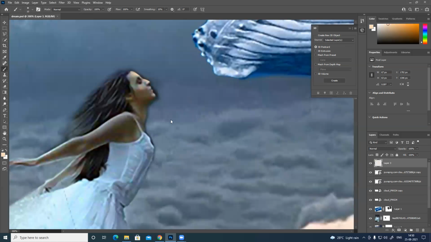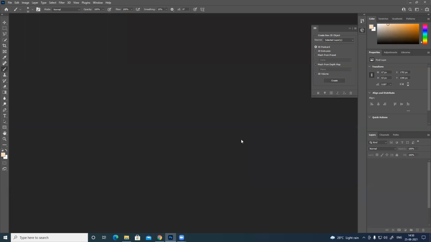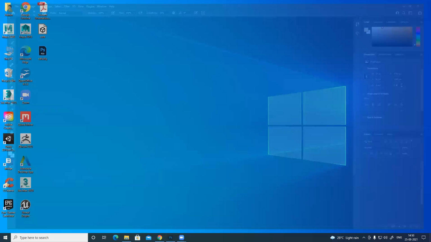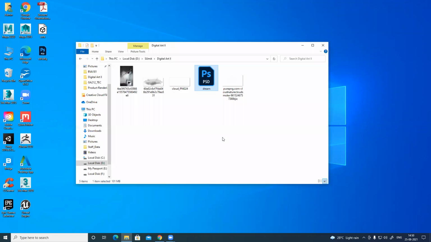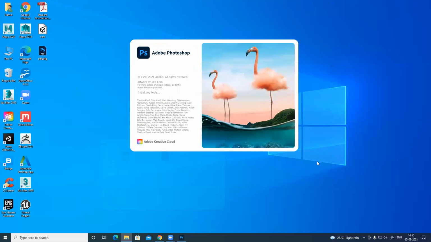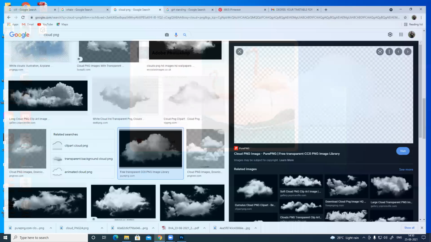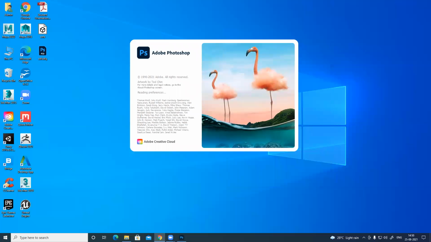I don't know really what happened. Why is it stuck? Really sorry. Just give me a second and reopen it. Suddenly Photoshop is acting really strange. Photoshop is one of the most stable software. I don't know, something happened.